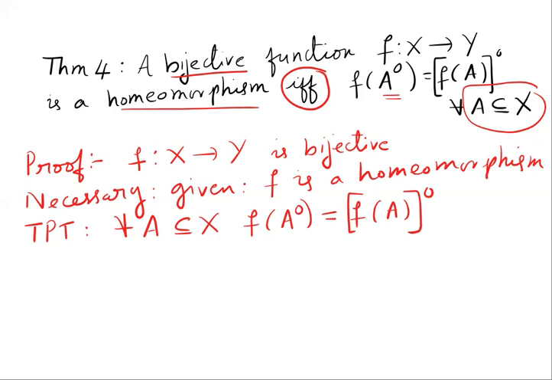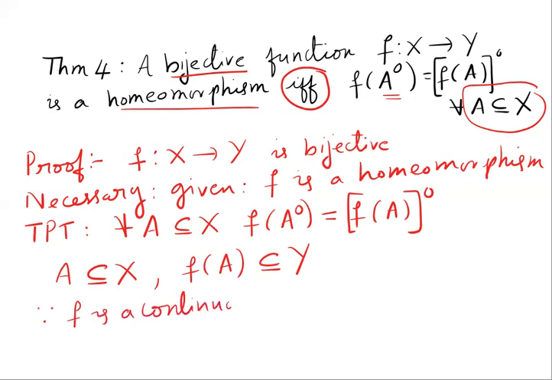So let me take some subset A of X. A is contained in X. Where will f of A be? F of A, of course, will be in Y, the image. Now, since f is a homeomorphism, f is bijective, f is continuous, and f inverse is continuous. Since f is continuous,